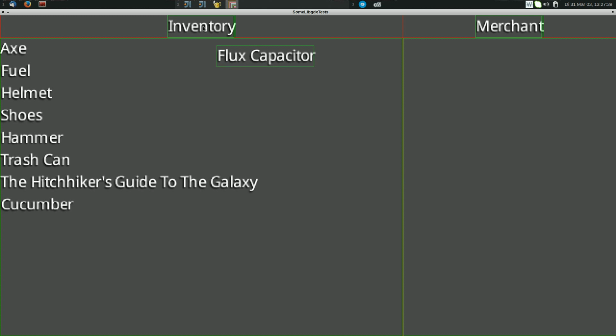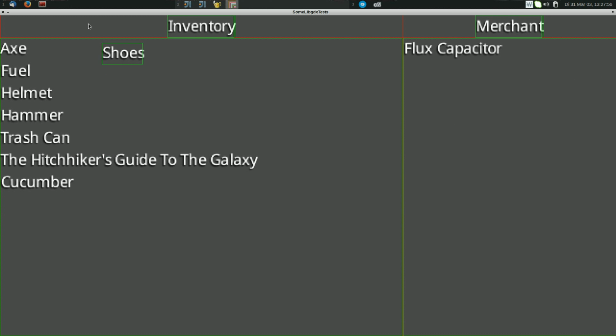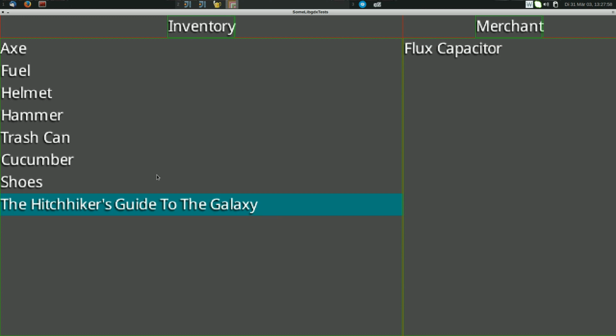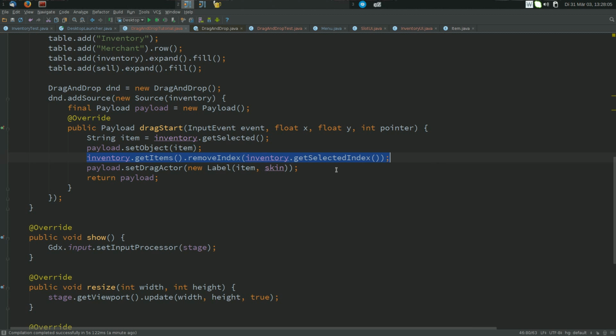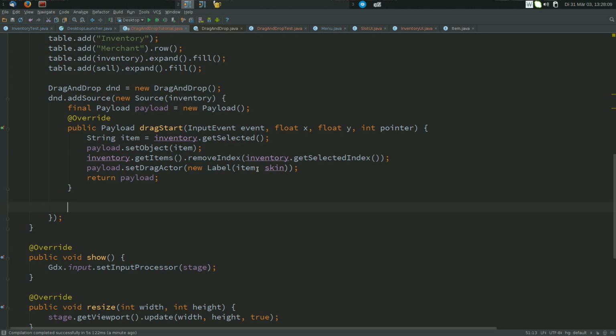This is just a title. It's not somewhere where we can drag this thing. So if we put this on here, it is supposed to go back into our own inventory that it's already been taken out of, you know. Also, if I put it on here, it's supposed to go back. If I put it anywhere except the merchant's inventory, it's supposed to go back into our own inventory, actually. So how do we do this? Because right now, we took it out of the inventory, you know, here we took it out, but we never put it back in. Well, for that, we can override drag stop